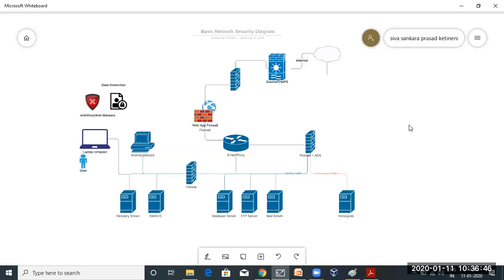Altogether these come under the infrastructure of the particular company. As a SOC analyst, your primary role is to find security breaches or malware attacks